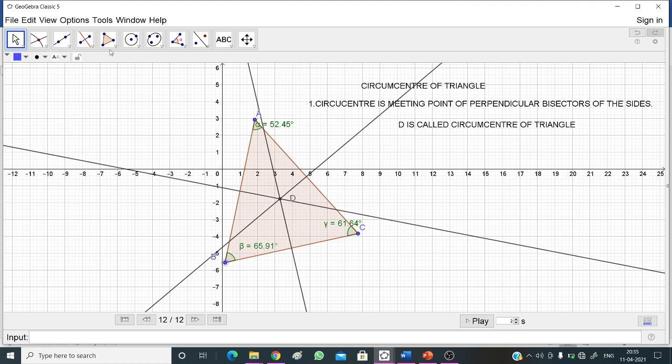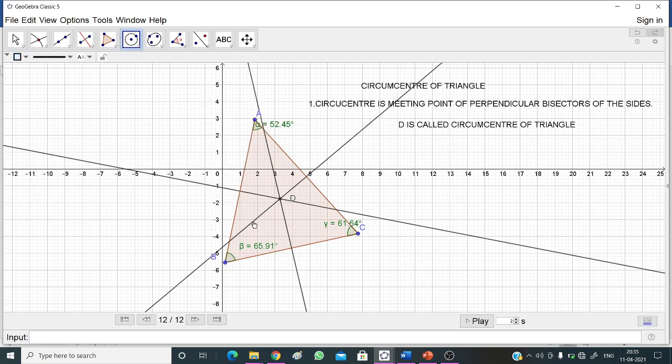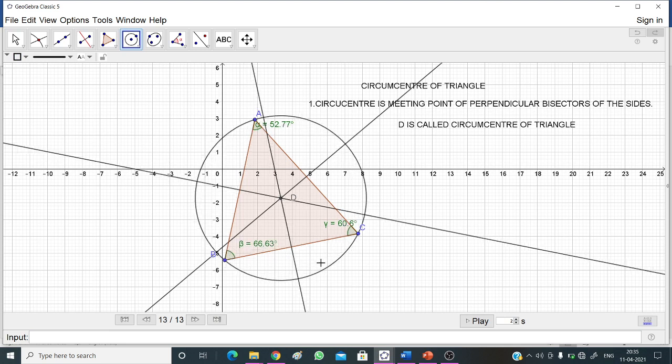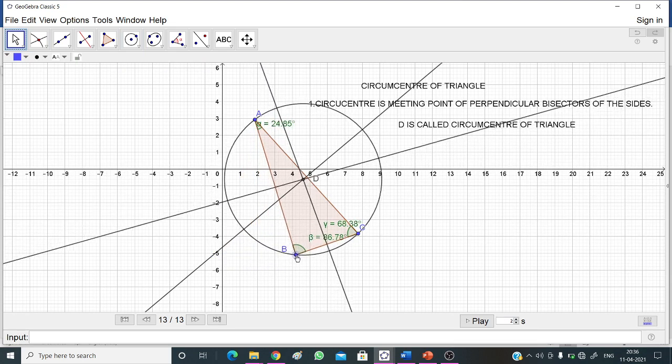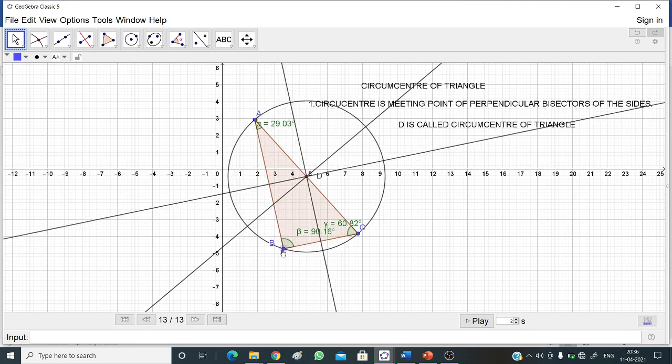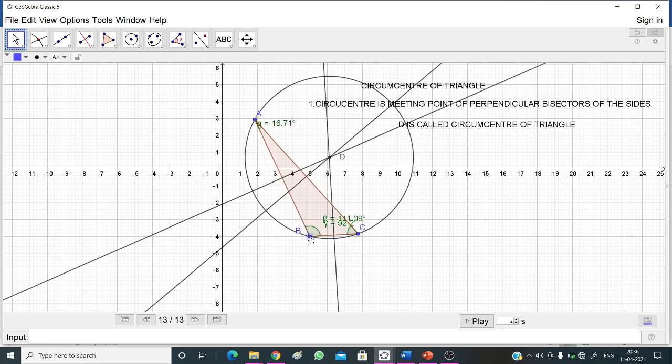For this, take a circle with center and through a point. Now the center is D, and take any point to complete the circle. So this is the circumcircle, and once again you can check it inside, on, and outside.